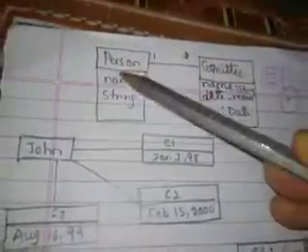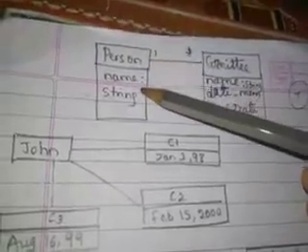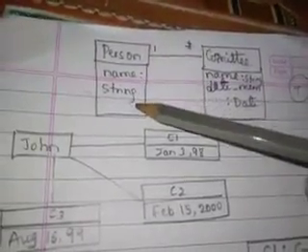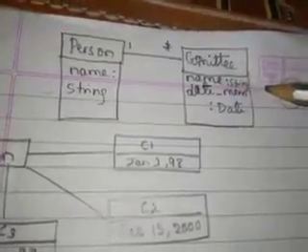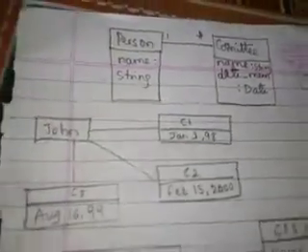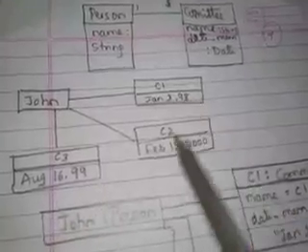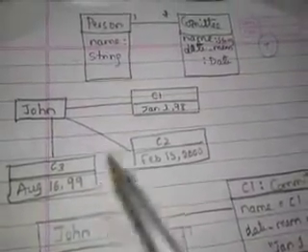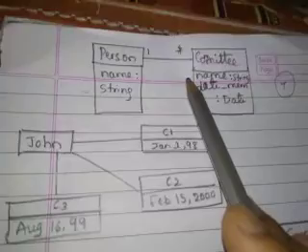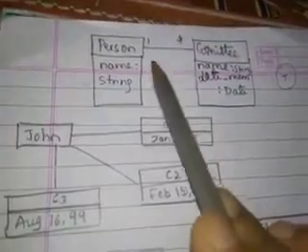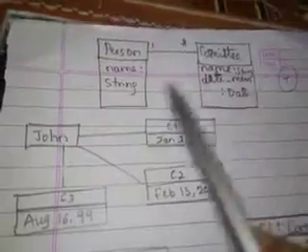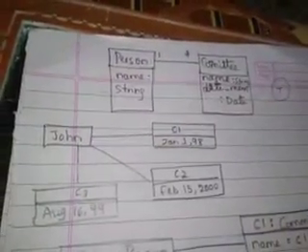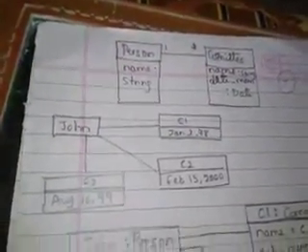Similarly, the same thing is shown with the class diagram and the object diagram. Look here, person has name as an attribute. For a committee, you have name as an attribute and membership date as an attribute. Now John has become a member of 3 committees. Since the association is one to many, we can keep it as an attribute. If it is many to many, then we make it an association attribute.